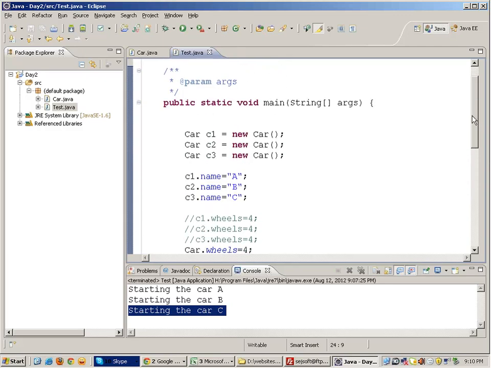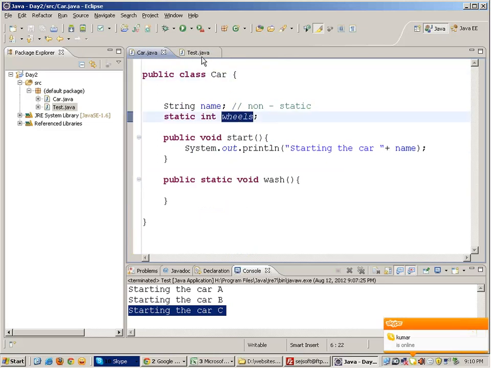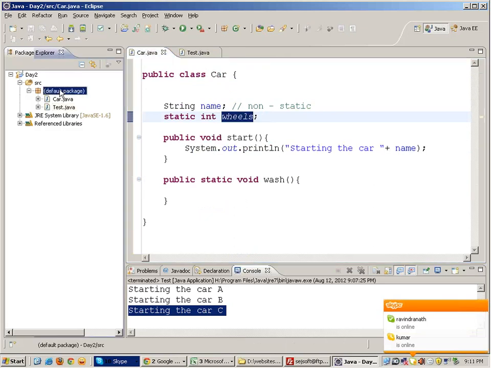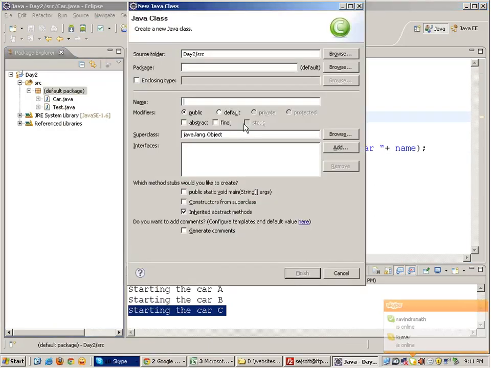Right? So this is the difference in a very superficial way. Static properties can be accessed directly with the class name dot the static property. The non-static property has to be accessed by creating the object of the class. Okay, fine. Similarly, when I create a class called Firefox or Selenium drivers,